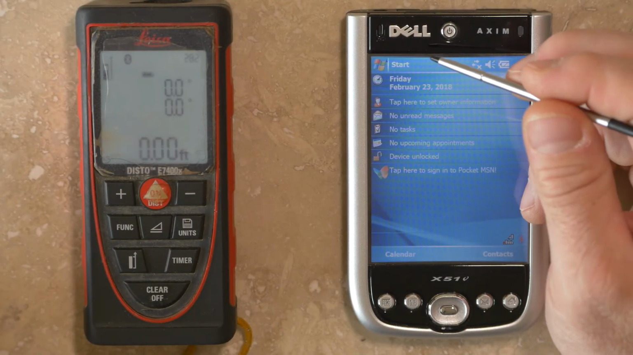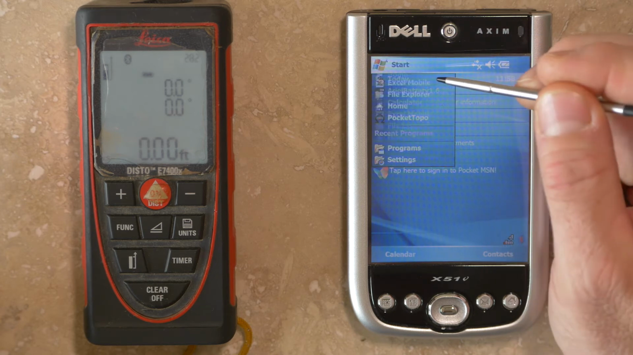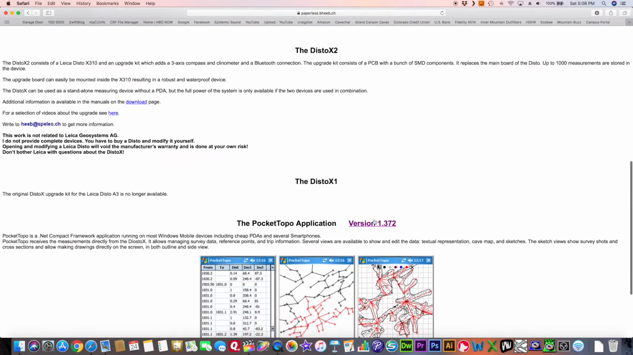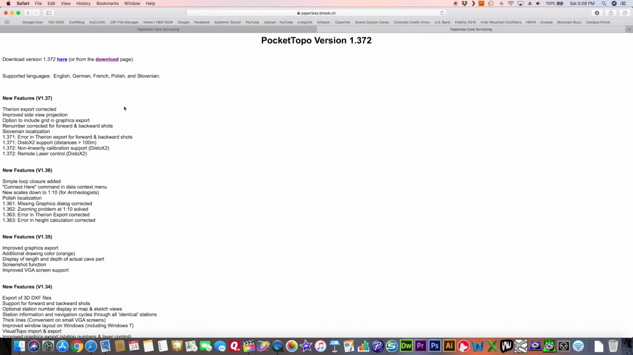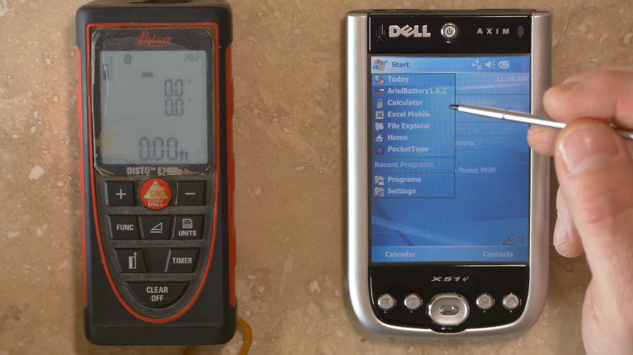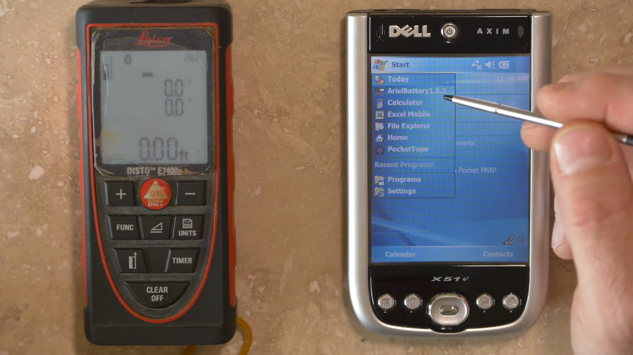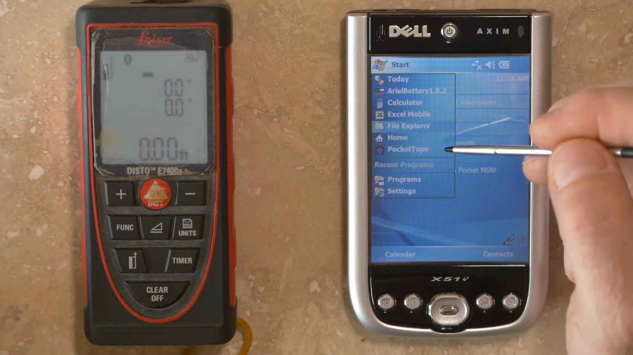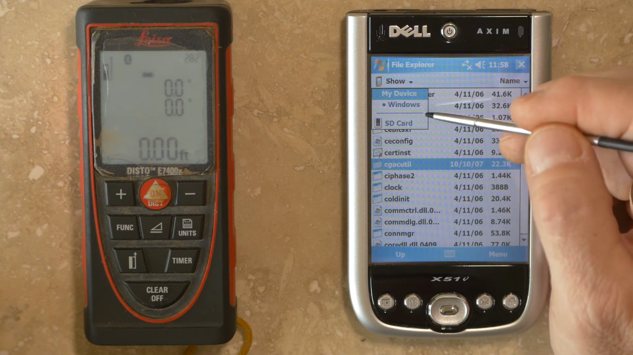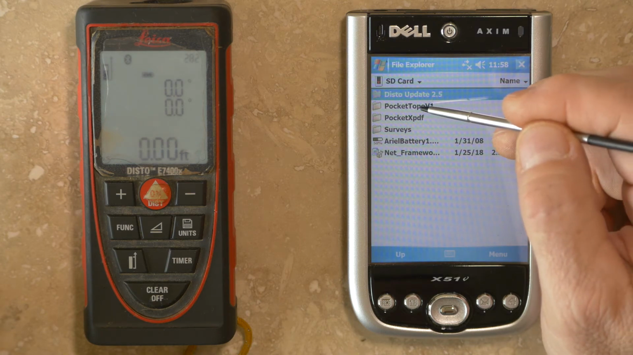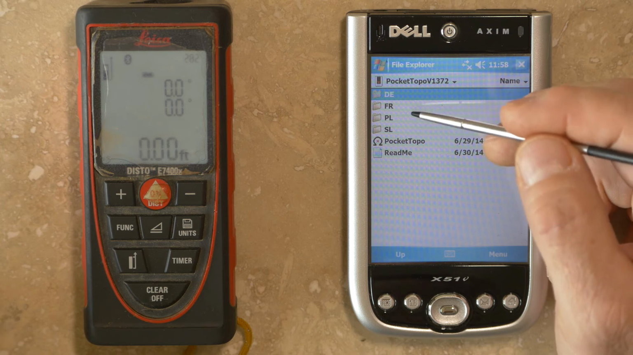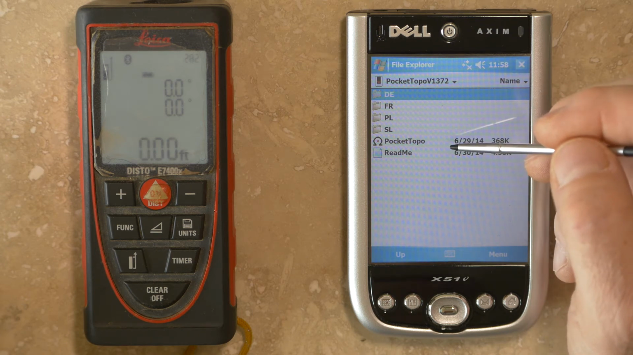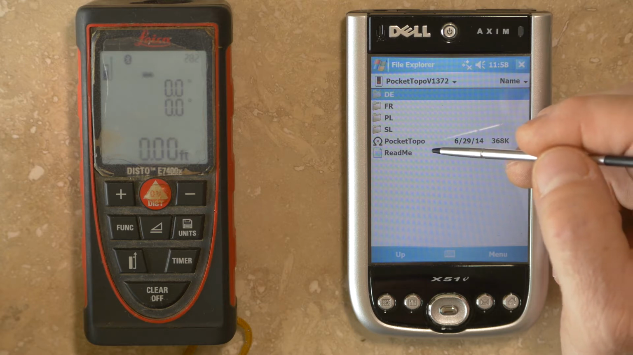The main piece of software you want to use for communicating with the disto-x is PocketTopo. I'll put a link in the description for where to download this. It's freeware that's available through the Paperless Cave Survey website. And what you'll download is a zip file, and if you open that folder, there'll be several subfolders that are different languages, and there'll be a PocketTopo.exe executable file that runs on the